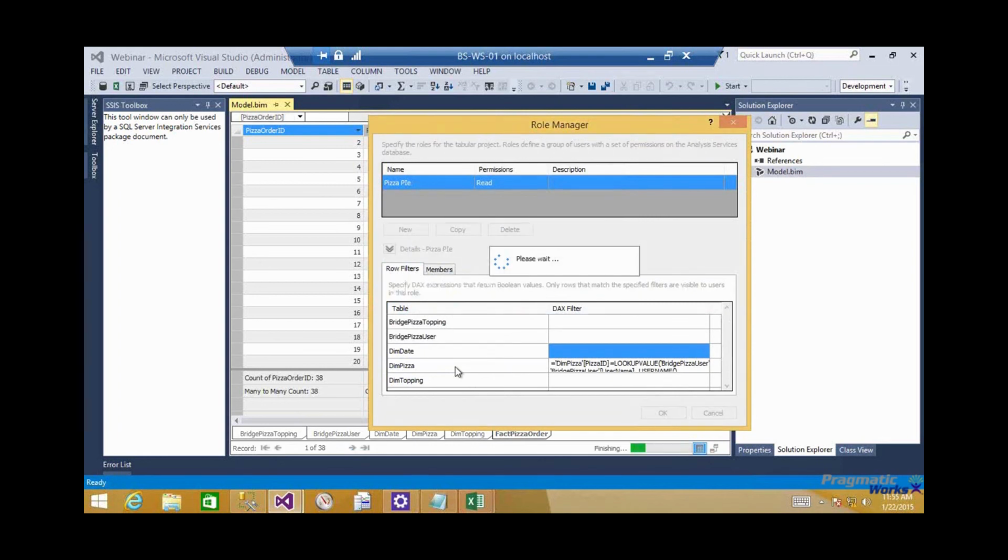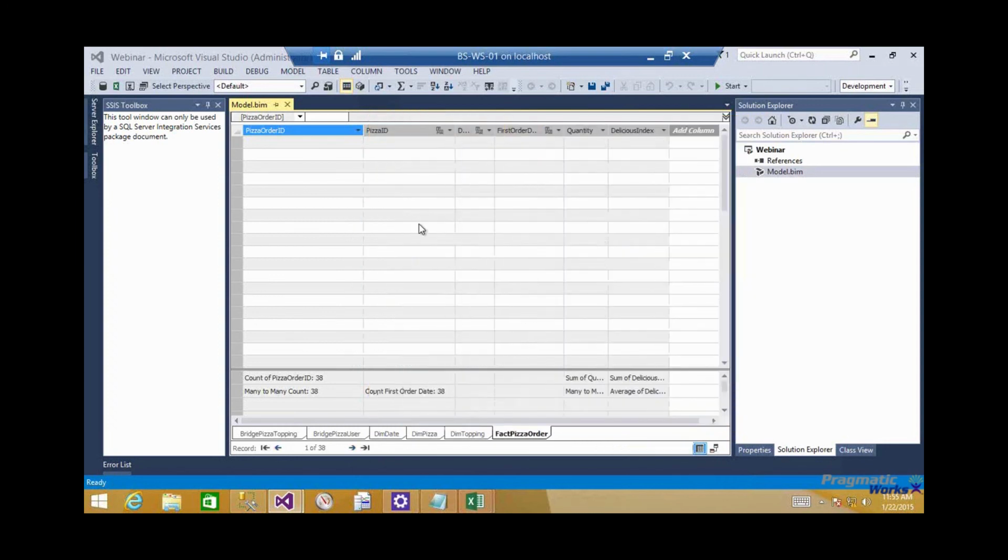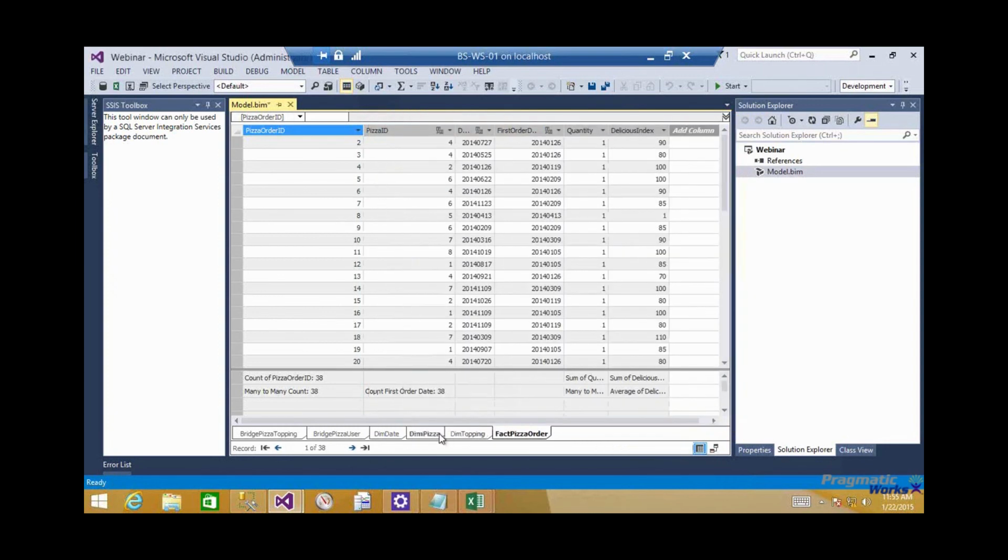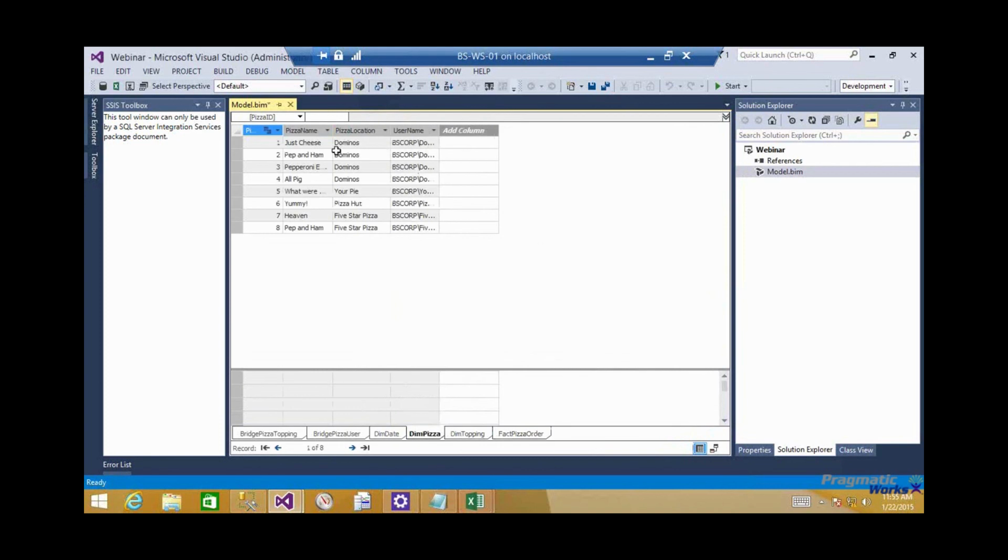Okay. So I've got my calculation or my DAX expression set up there on my dim pizza table. So essentially what we're doing is we're securing this table. Again, I'll put a blog up about this user ID column here. That's kind of the simple version of the security here that's not nearly as robust or dynamic or any of that kind of stuff. But what that bridge table is essentially doing is limiting the data that I'm allowed to see in here. So when I save this and then I click my Analyze in Excel button here,